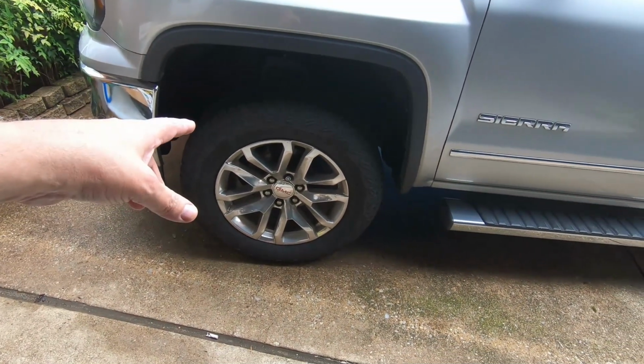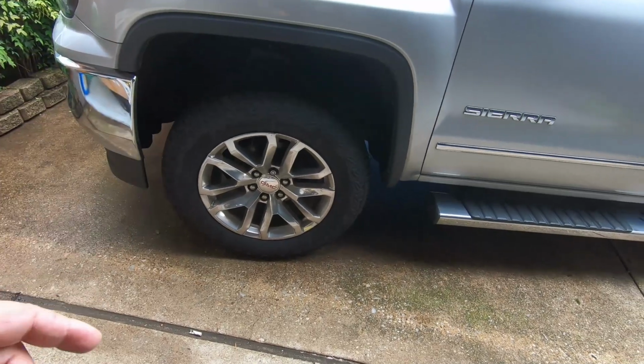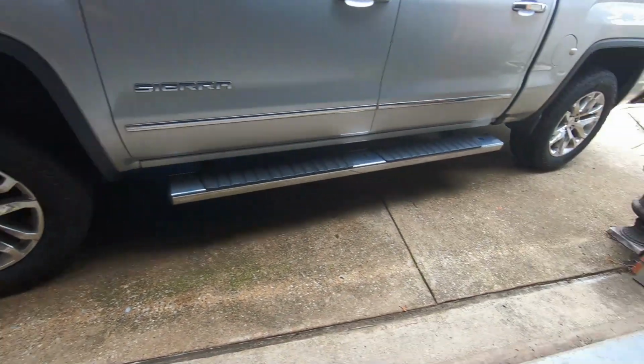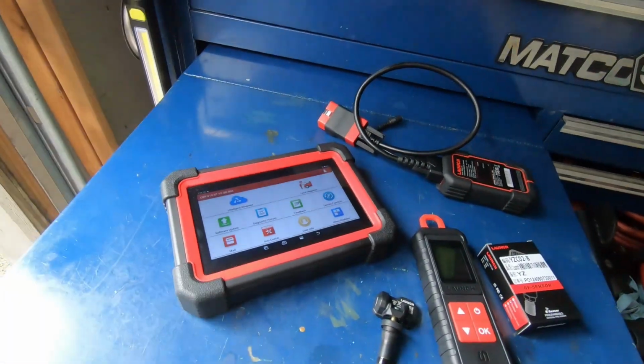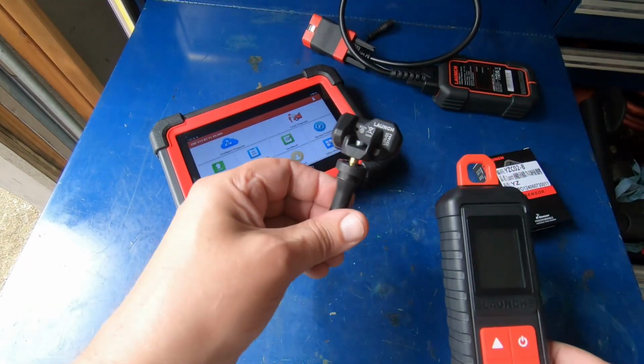So I've got a bad TPMS sensor, so it's got my light on. It's bothering me. It's this left front. I'm going to replace this sensor. We're going to use the Launch dual frequency sensor. These come blank, so you have to have their programmer so that you can program the ID